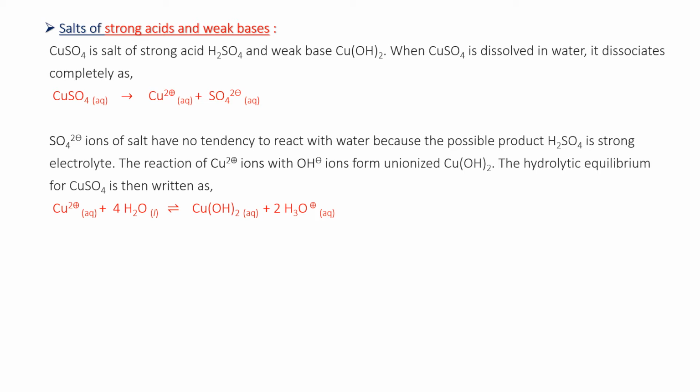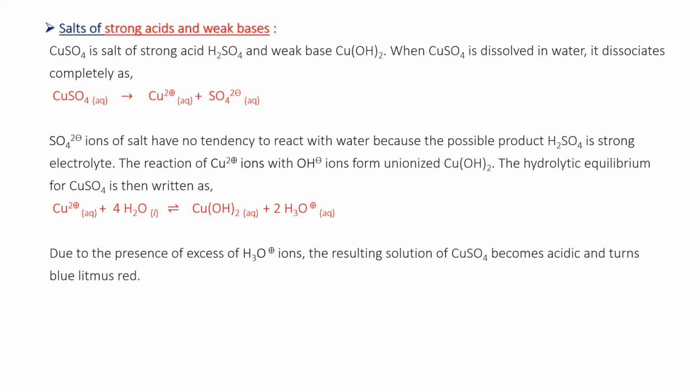Now see, in this case Cu2+ reacts with the water, and you get Cu(OH)2. This Cu(OH)2 is a weak electrolyte, so you don't get the Cu2+ back from that. So whenever Cu2+ reacts with water, you get Cu(OH)2 and H3O+, that is the hydronium ion. Due to the presence of excess hydronium ions, the resulting solution of CuSO4 becomes acidic and turns